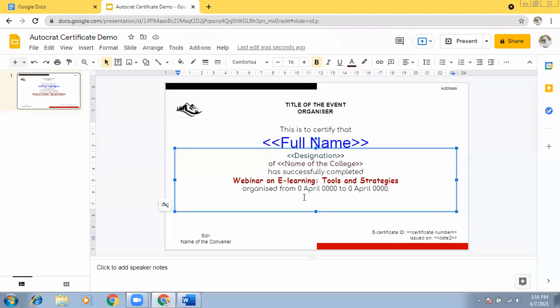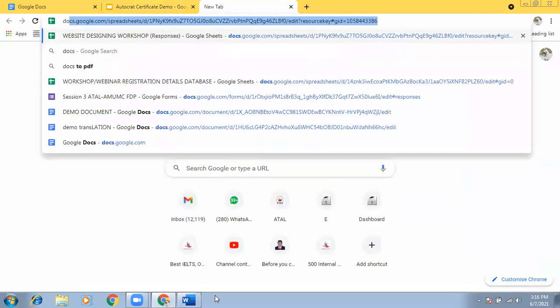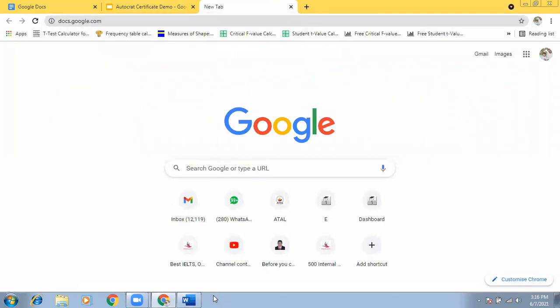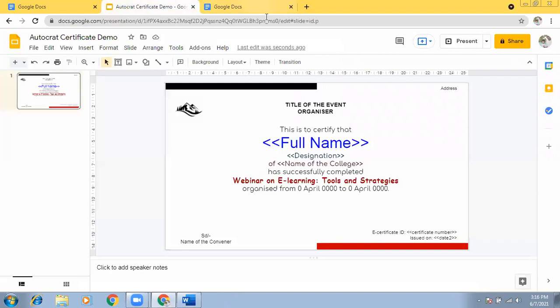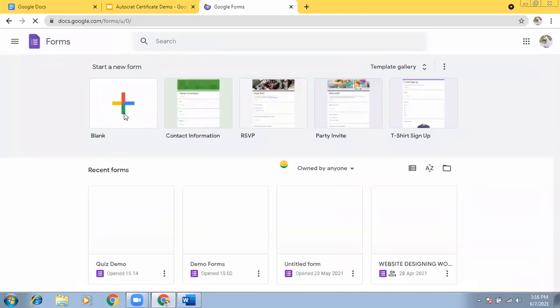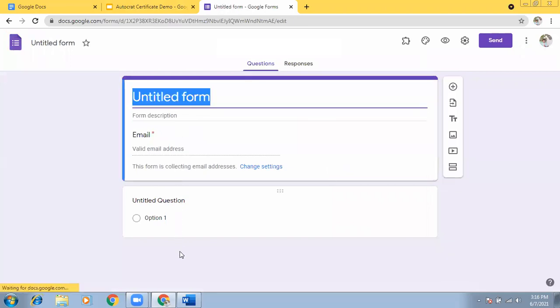After designing your certificate, you go to docs.google.com and create a new form, certificate.